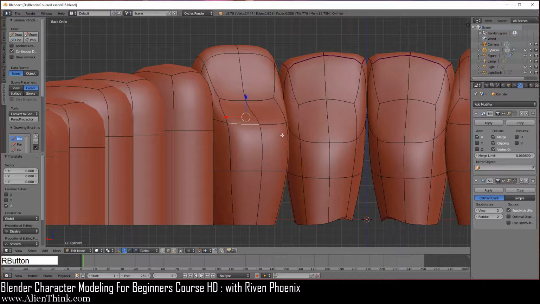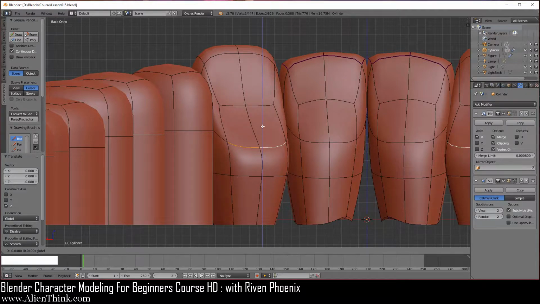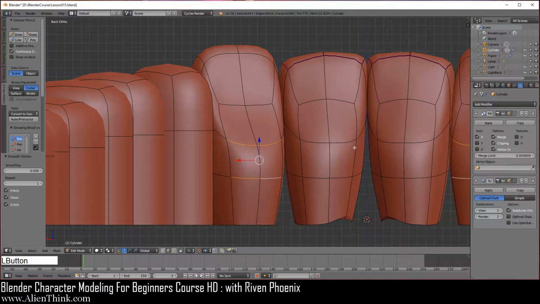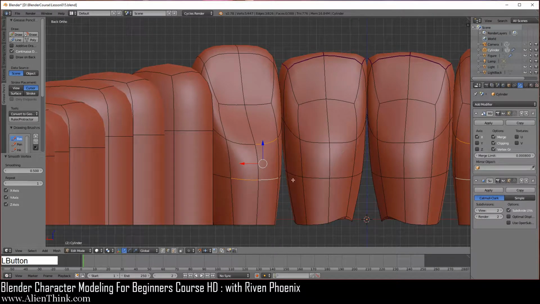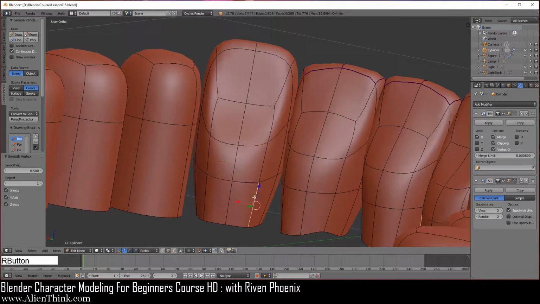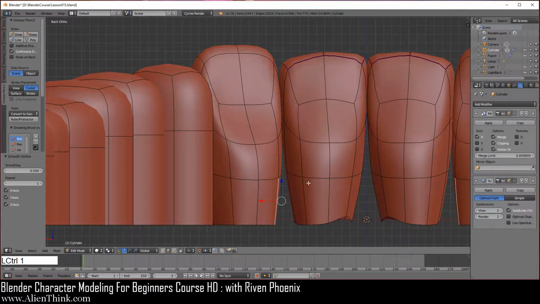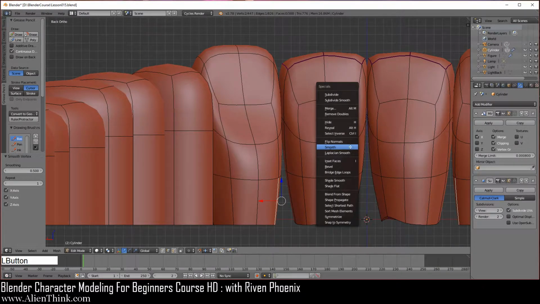Then click on this one, shift key down this one, bring it down 1, 2, 3, and then 4. Then we're going to click on the shift key down, click on this one and this one, just do W and then smooth one time. And having the shift key down again, just deselect this one, do W smooth one time. Now just rotate this, and you want this edge over here, do Control 1 again. Now just do W smooth 1 and then 2.